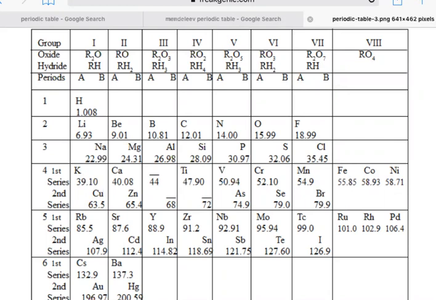But his way of arranging the elements in the table was also not found satisfactory. But his contributions, which are very important, were that he was actually able to leave space for the undiscovered elements like Eka aluminium. This you all have studied, if I'm not mistaken, that he did leave place for these undiscovered elements, like Eka aluminium, Eka silicon, which were later discovered, and the properties were found to be almost